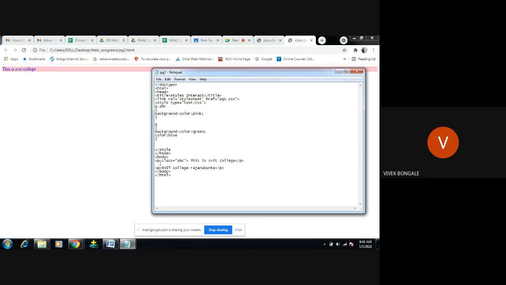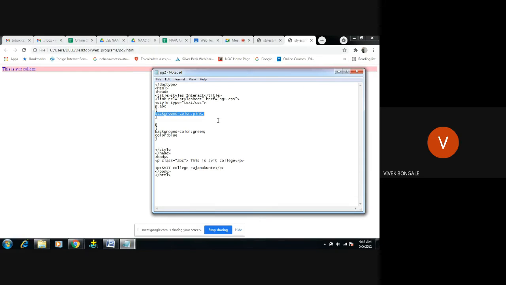Where you find p, you just apply this style rule. But when it comes to this one, even though you have p, specifically the one with class ABC, you have to apply this particular style rule only to that.